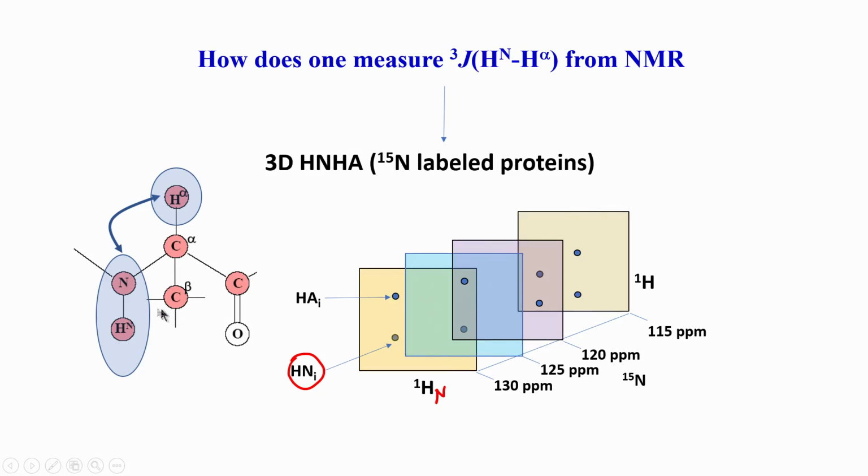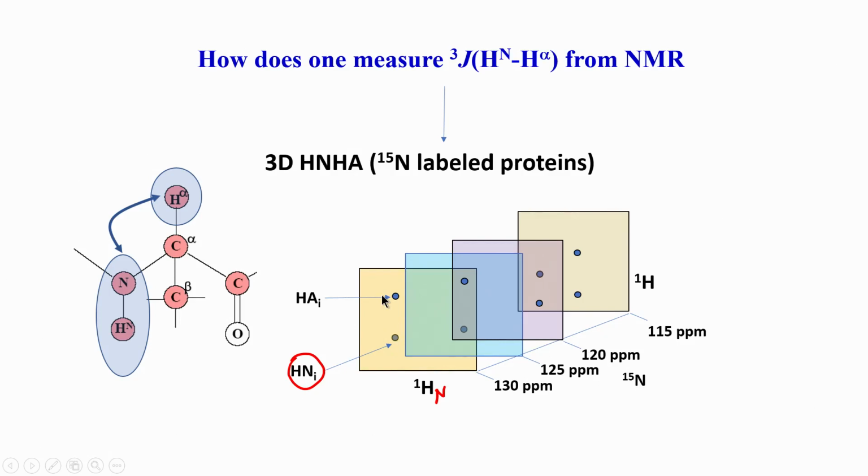Each amino acid like this will be separated in the 3D plane based on its N15 value. So, this is a 3D experiment, and it helps to reduce the overlap. You can see here that for every plane, for every amino acid, I will get 2 peaks for a given NH, N15 chemical shift, and that is basically the HNHA.